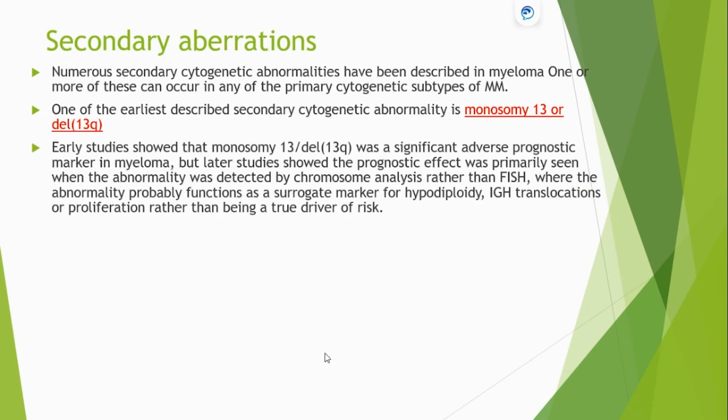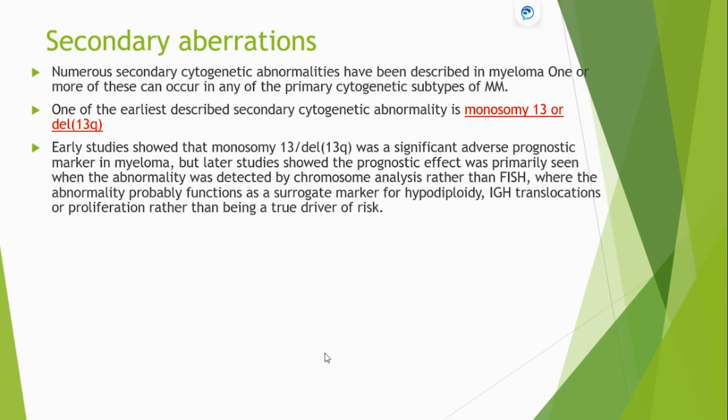Previously, they thought that it had a significant adverse prognostic effect, but then they realized that it's when you detect it by chromosome analysis that it has an adverse prognostic effect, not by FISH. The reason is mostly that, as I will explain, plasma cells cannot grow in cytogenetic culture,